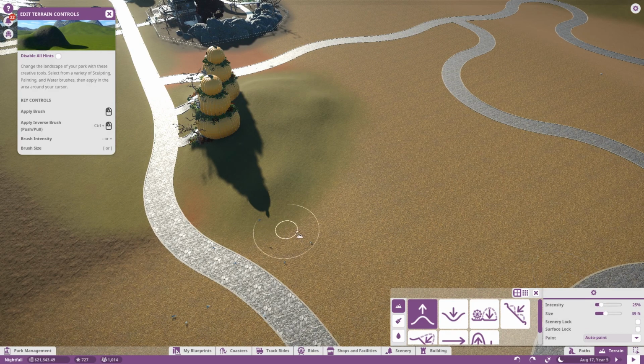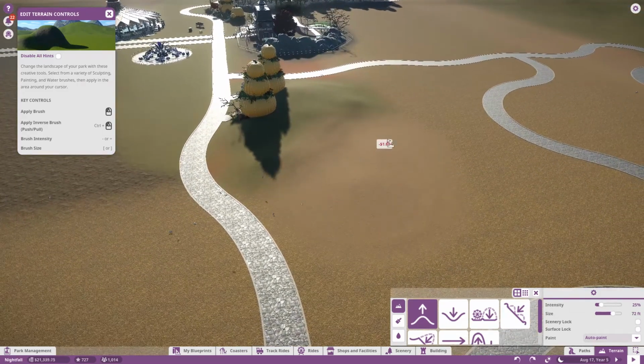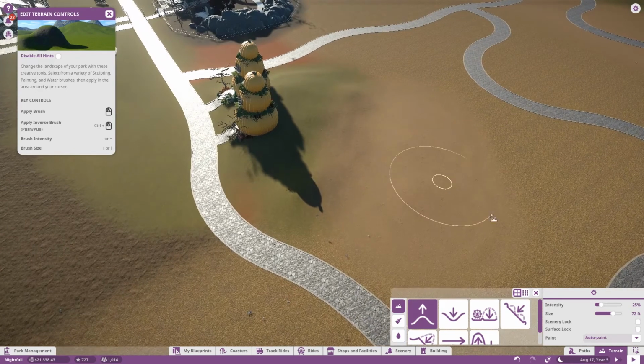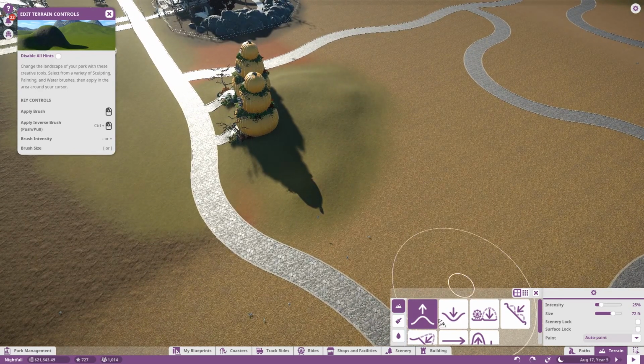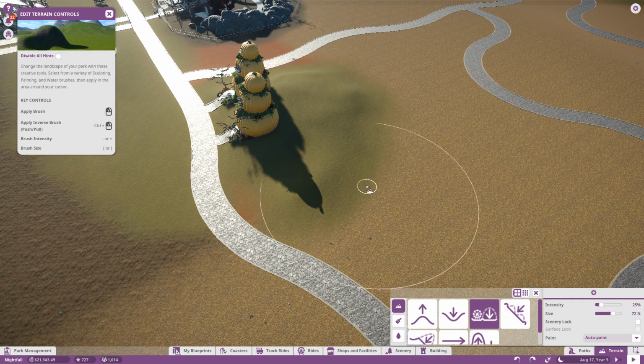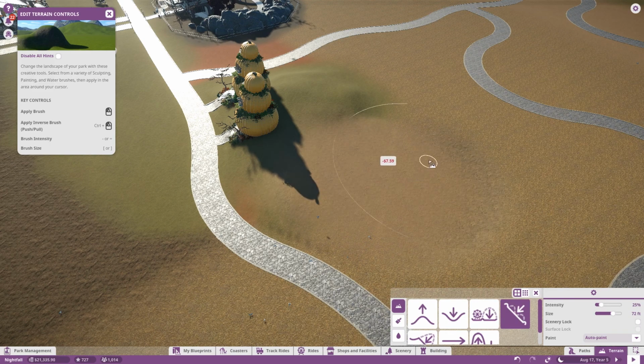So, maybe the size could change. All right, let's try lifting this a little bit without changing. Actually, can't we do something where we grab this piece here and then make the rest of the land around it? Something like that. Flatten to foundation. That one. Flatten to surface. So if I start here, we can maybe...